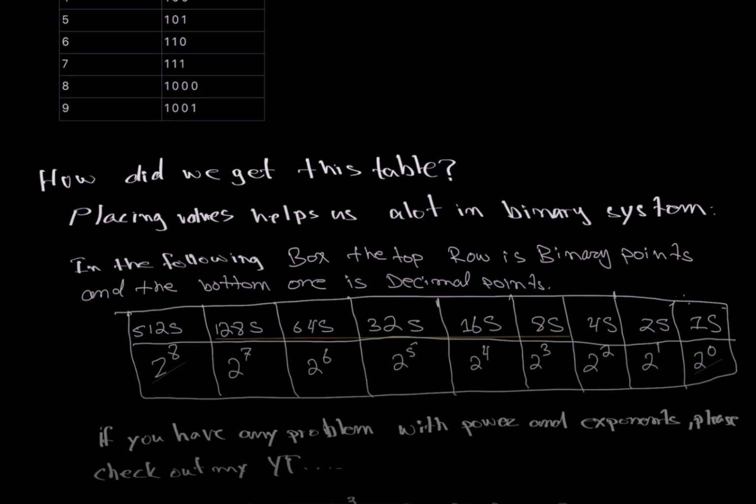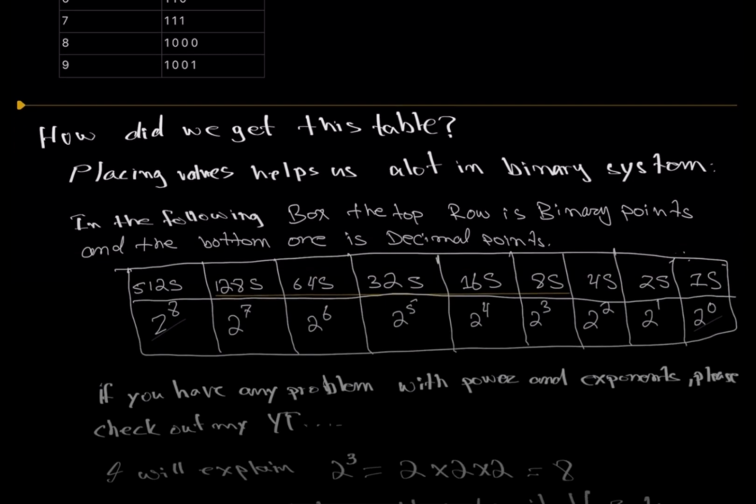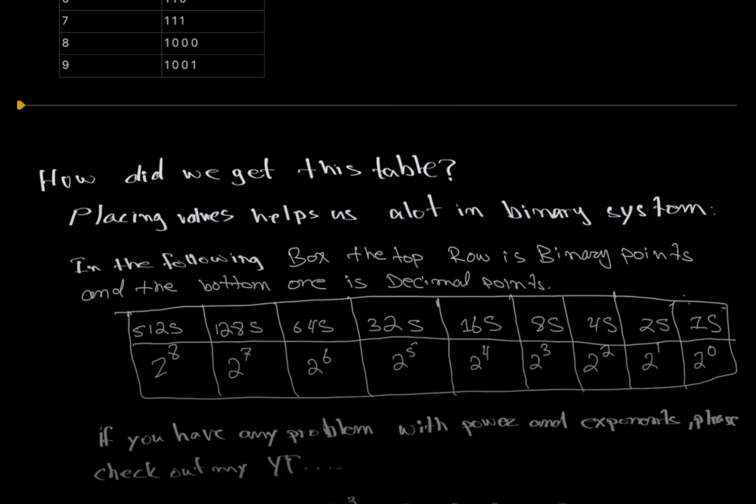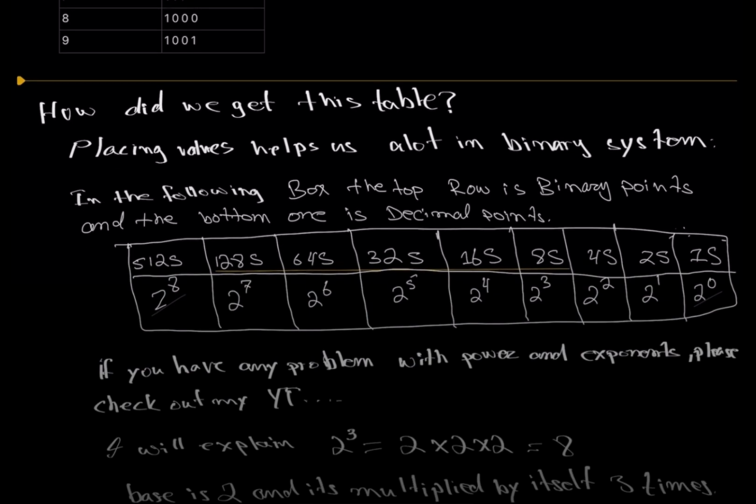So how did we get to this table? Placing values help us a lot in the binary system, which I said earlier. In the following box, the top row is binary and the bottom row is decimal. So let's say, for example, if you have a number that says like